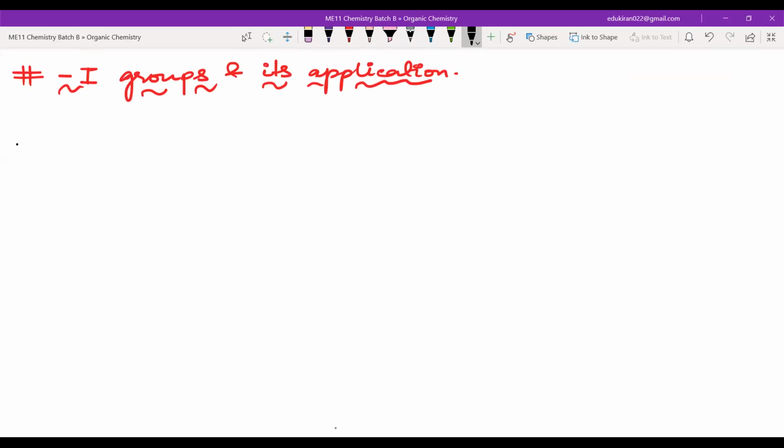So please start writing. So the highest minus I effect will be shown by a group which has a nitrogen and it has 3 fluorines attached to it. Now, obviously, when this nitrogen has 4 bonds, it will be getting a positive charge. Okay, so if the carbon atom is attached with this group, then that means it is the most electron withdrawing group. Okay, minus I means electron withdrawing group, as we have written earlier. Now, this is the most electron withdrawing group. The next would be,